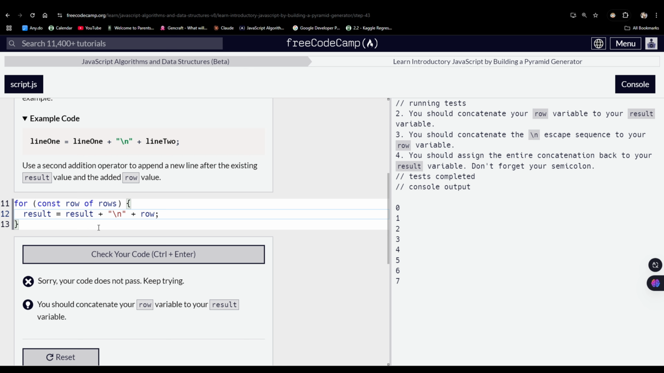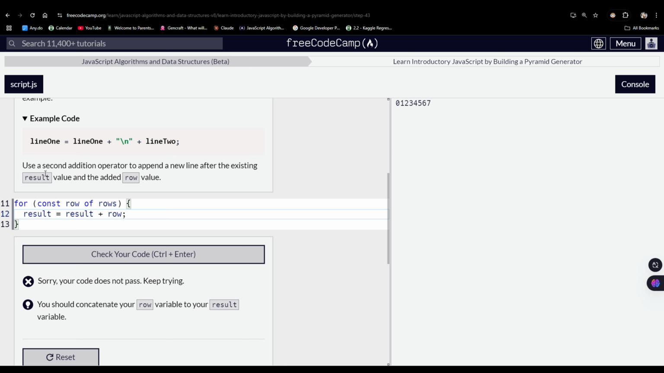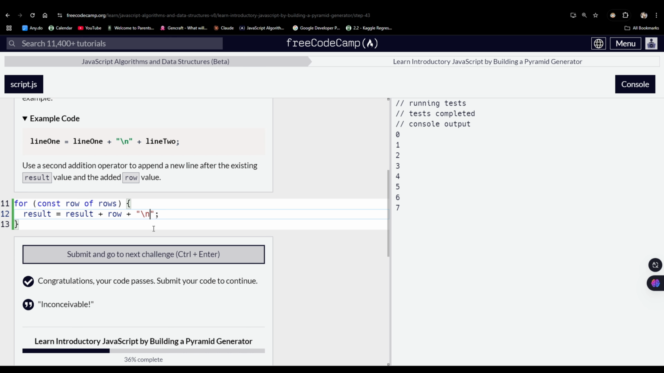Oh, okay. Wait. What was the task? Use a second addition operator to append a new line after the existing result and the added row value. And then the error says you should concatenate your row variable to your result variable. So let's try to add it here. Yeah, I guess that would be the correct one,